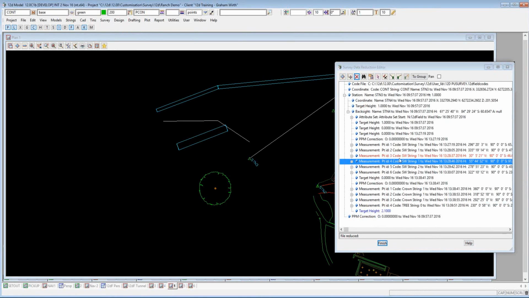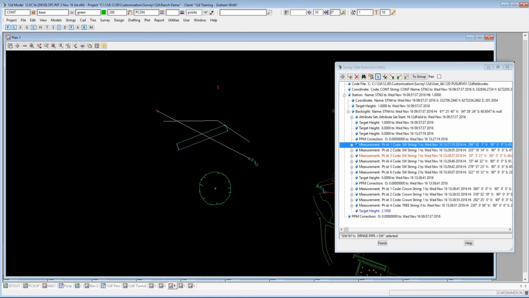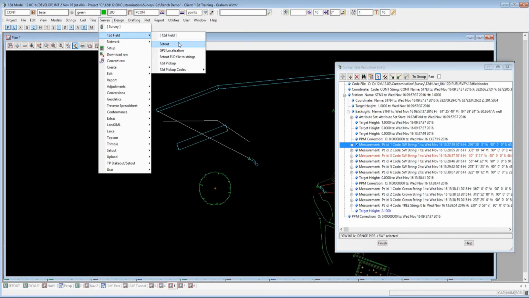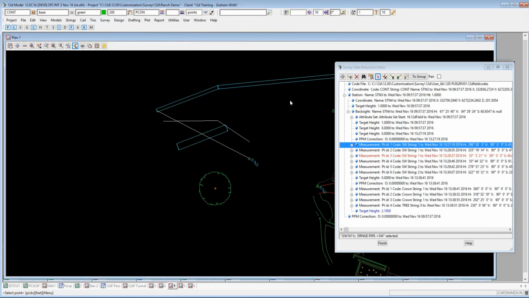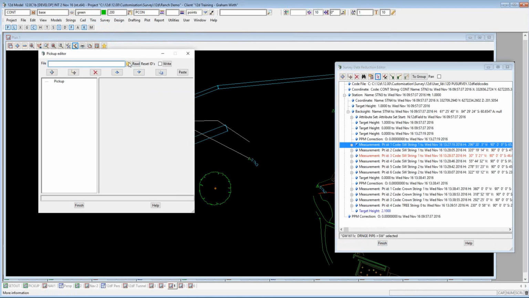So you've got that full ability to manage that. You can also do your normal things like pick, and it'll jump to your measurement for the different points that you did in your survey as well. So the pickup codes underneath 12D field, just recapping, it allows you to manage all of these items